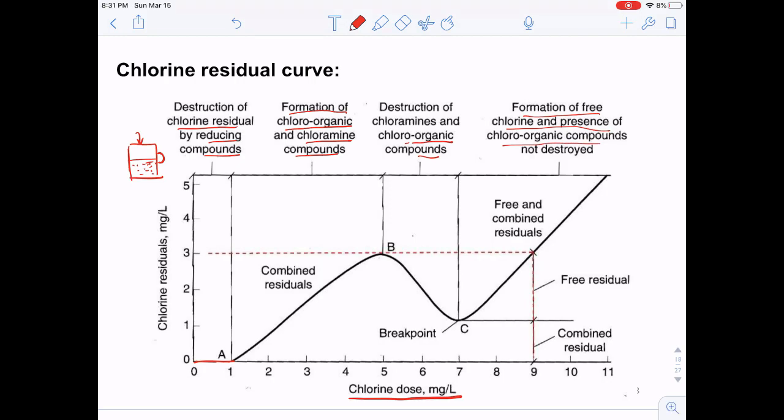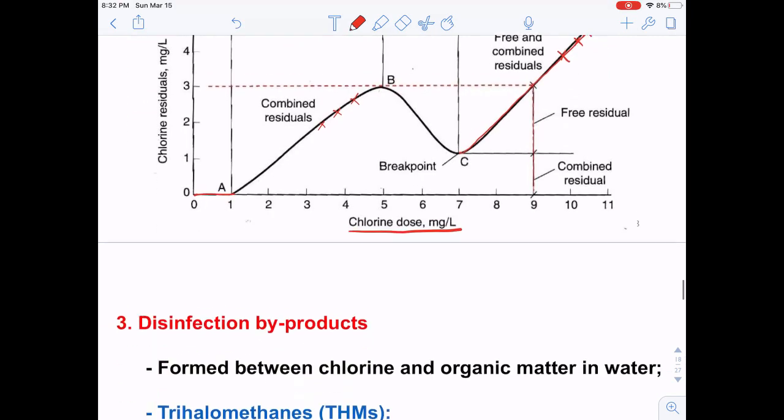Okay, so this is because of the formation of the chlorine and presence of the chloroorganic compounds that are not destroyed yet. So this is going to create a concentration that's solely dependent on the chlorine dose here. In terms of the disinfection, we want to make sure the chlorine residue is in this regime, right? We don't want to leave them in here because the chloroorganic or chloramine compounds are not very stable here, so they can really easily get dissociated and then convert back into these polluted